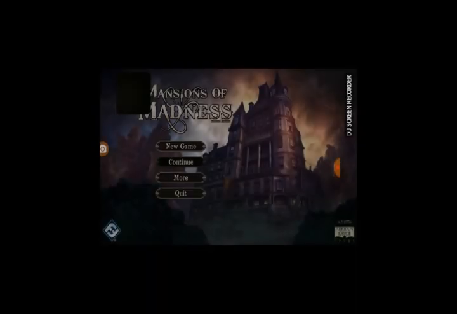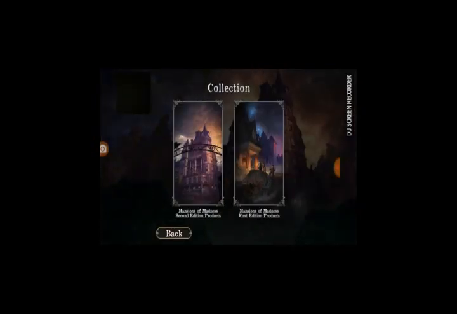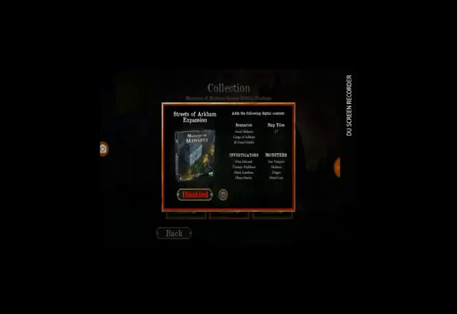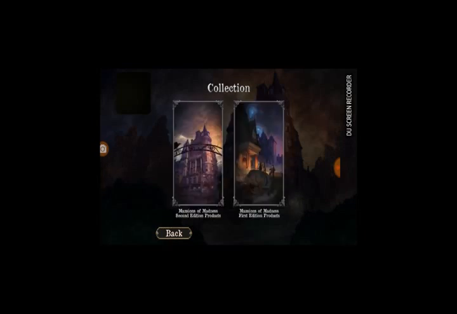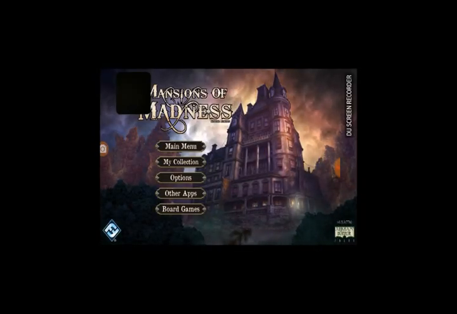So just to show you how you would add an expansion, you go to more, you go to my collection, whichever one it is, first or second edition, and mine is second. And these are the ones I have and these are the ones that I haven't got in red. So the green are the ones that I have, and basically to make it active, you press this little button here. So you select the one you want to pick, so let's say Sanctum of Twilight, and if it's disabled, you just click and you get it enabled. That'll add all the characters, all the items that you get in the app, all the story things and bits like that, they're all